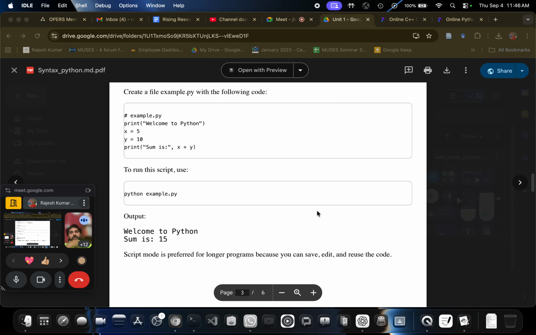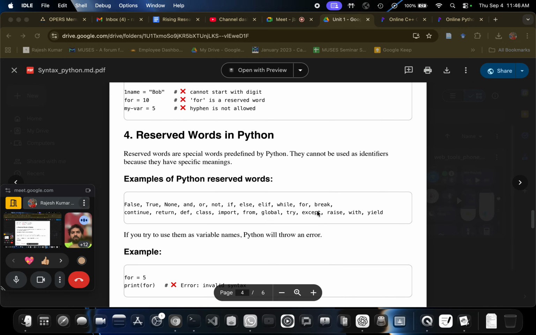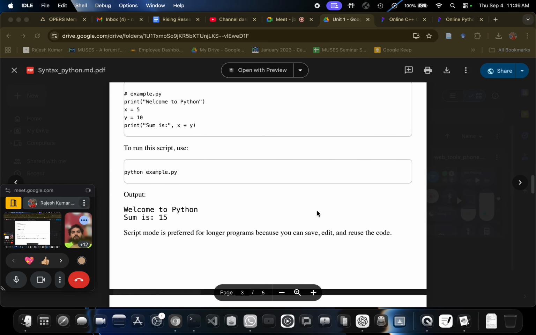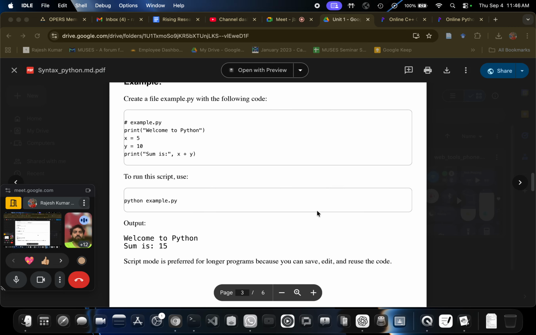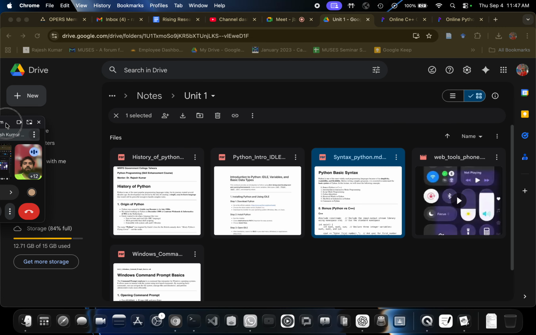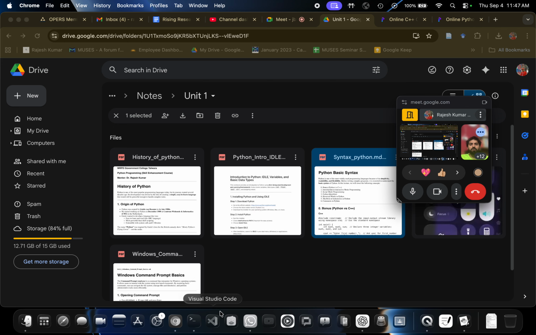I will give you one example here, and I think that is enough for the day today. The second part, then you can play around with it. We will not go with the third one. So for that, let me give you some example. I have VS Code on my system.